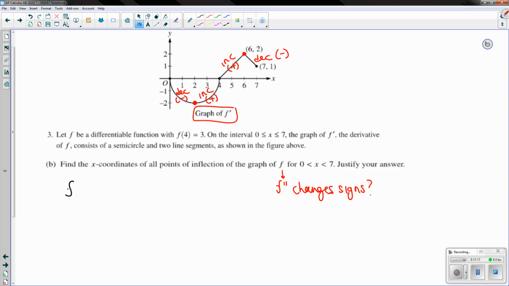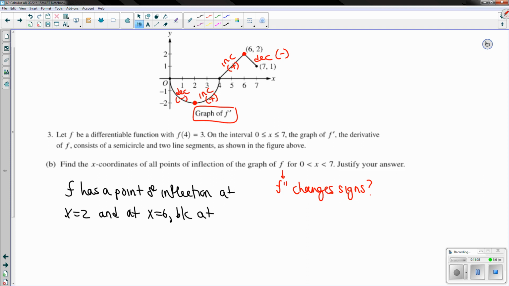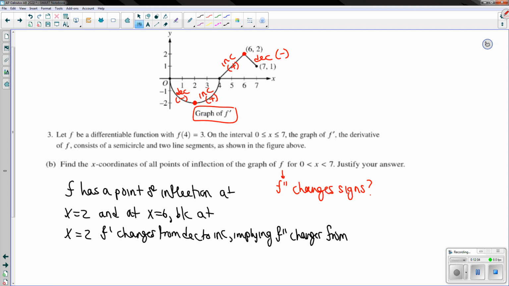How about we say f has a point of inflection at x equals 2 and at x equals 6, because at x equals 2, f prime changes from decreasing to increasing, implying f double prime changes from negative to positive,